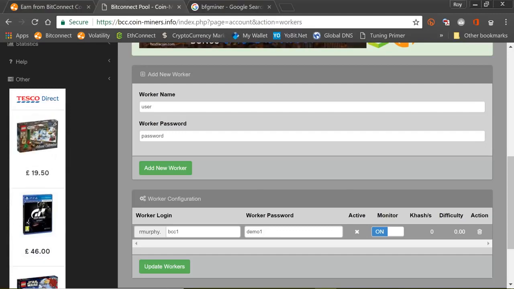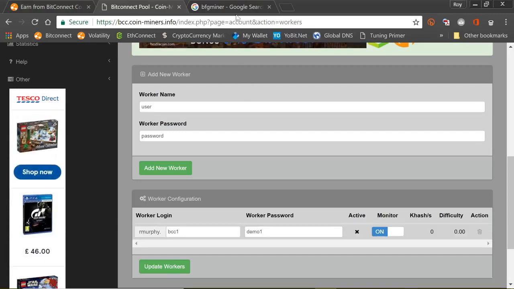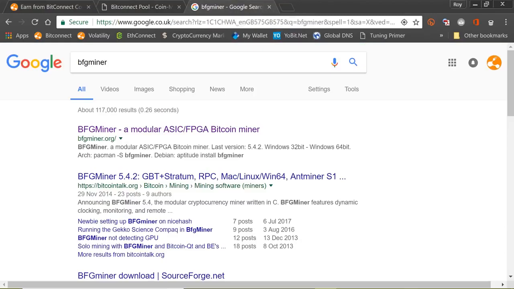So what we need to do now is download that. We need to go to Google and search for BFG Miner. BFG Miner is an automated script that will allow you to connect and use the power of your machinery, your GPU, your graphics card. So we go to